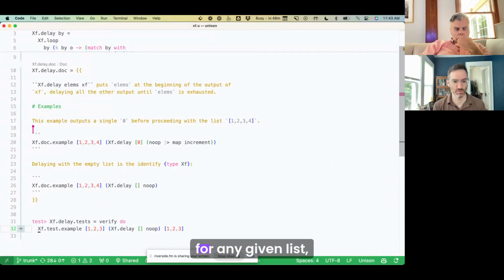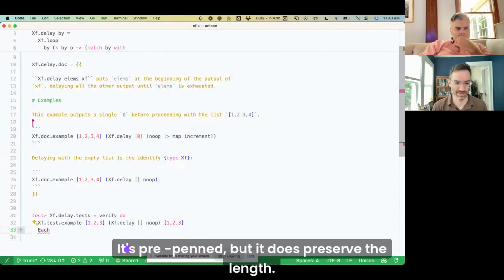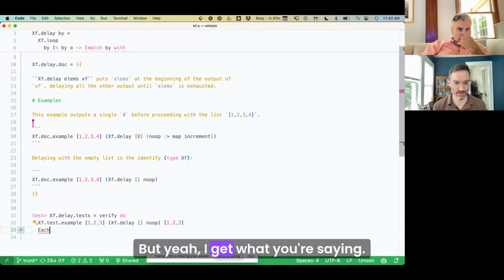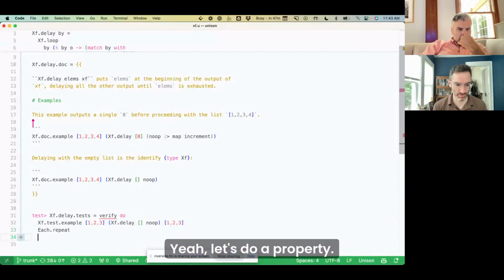Let's maybe do something for any given list, delaying. Delay should be the same as prepend or append. Yeah, it's prepend, but it does preserve the length, so it's not quite. But yeah, I get what you're saying. Let's do a property, each repeat 25.